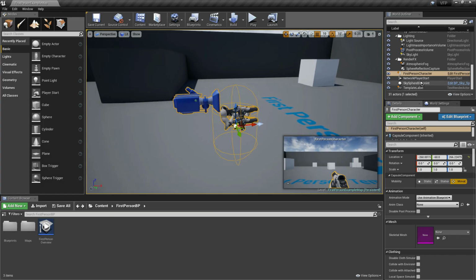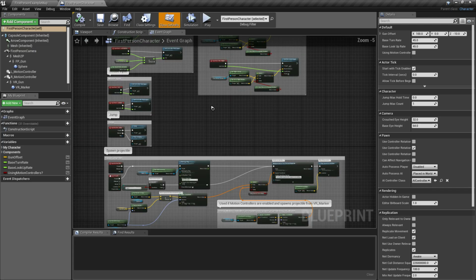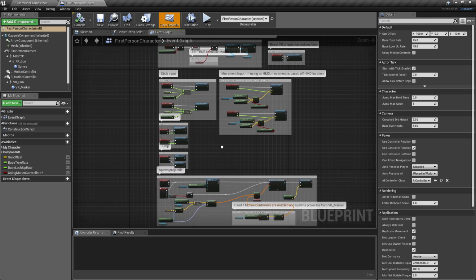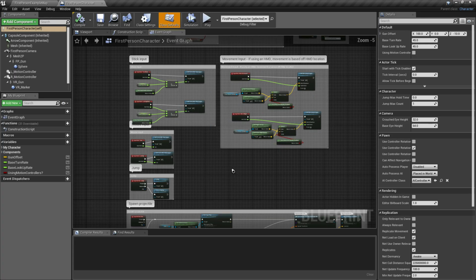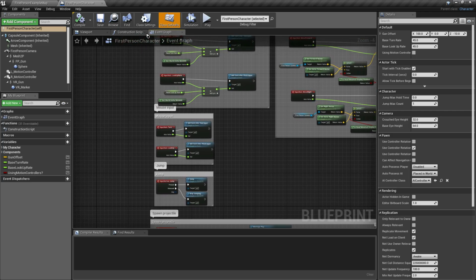But as you can see, our first person character is already selected. What we're going to do is open its blueprint. Blueprint is the part of the actor where we're going to add our event. It consists of three tabs.